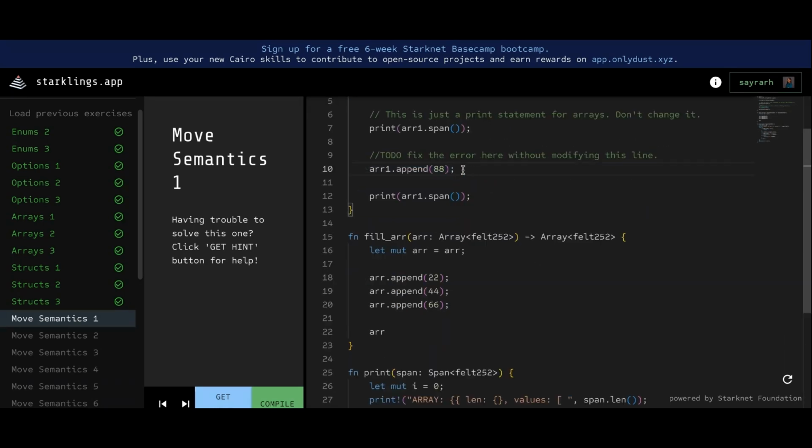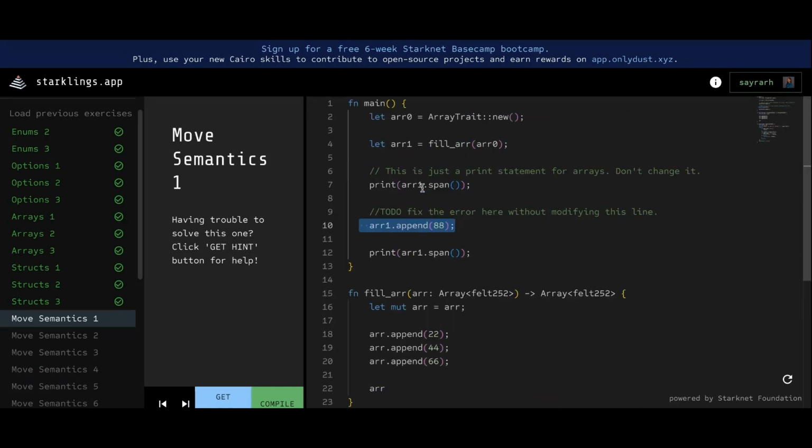To do: fix the code, fix the error here without modifying this line. Okay, so we are appending. We are to fix this error without modifying the line. Where the issue is coming from is pretty obvious. The issue with the code is that the array1 variable that is being created here is